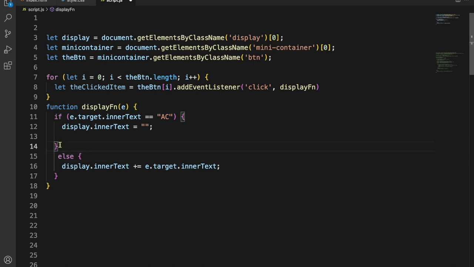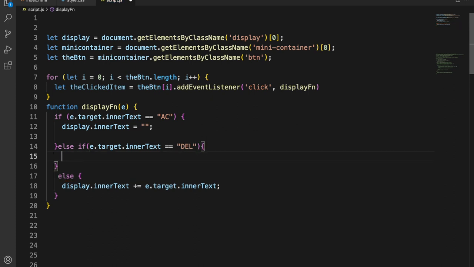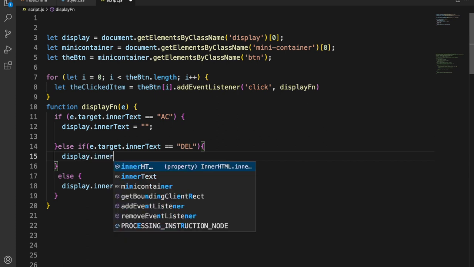So here we're going to take display dot inner text